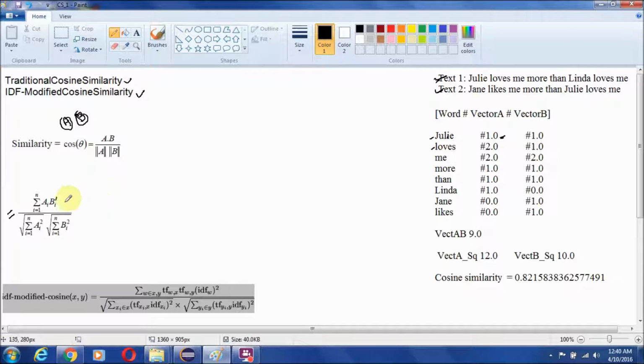Now first calculate the numerator. To calculate the numerator, I will take the product of vector A and vector B and take the summation.